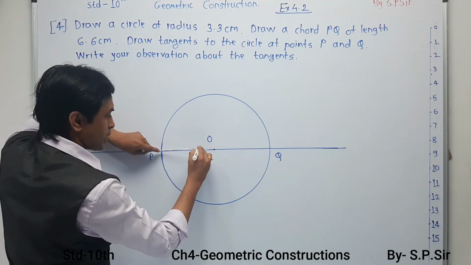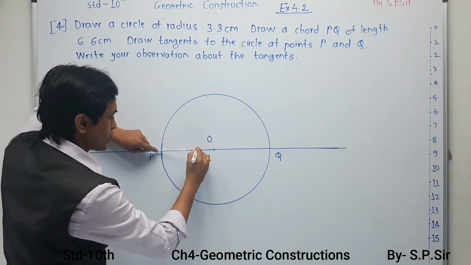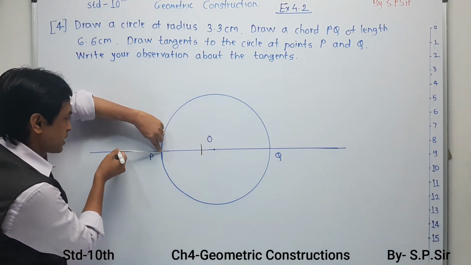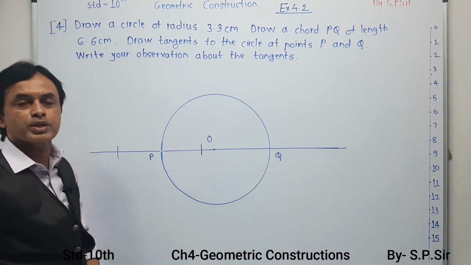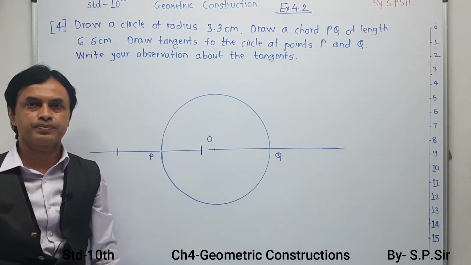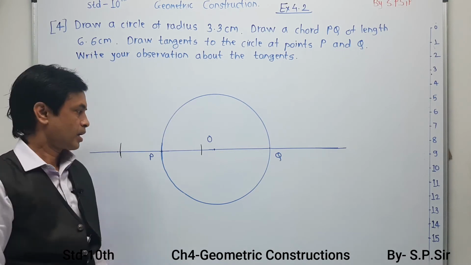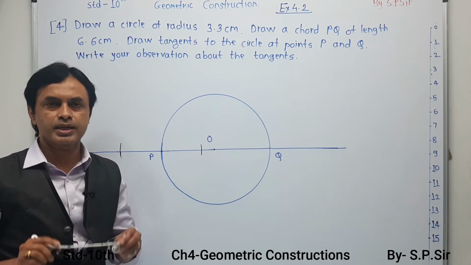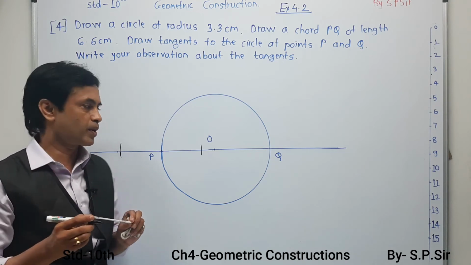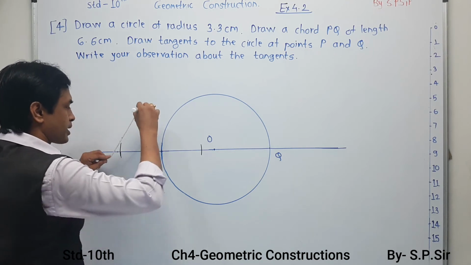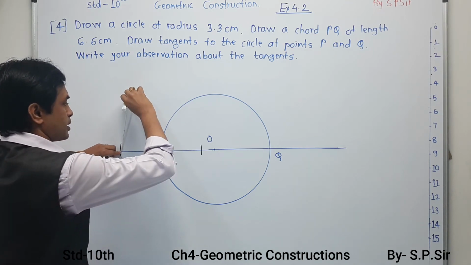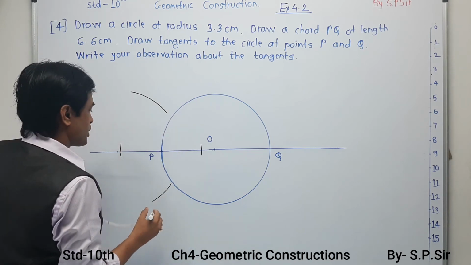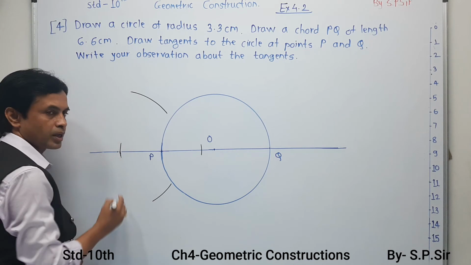Here in a compass I am keeping the point P as a center and I am going to make 2 marks. First inside the circle and second outside the circle. So in this way I will make 2 marks over here. Now with the help of first mark and second mark that you have made inside the circle and outside the circle, now increase the distance in your compass and from this point as a marking point I am going to take an arc. First arc upstairs, second arc downstairs. In this way you are going to make 2 marks over here.